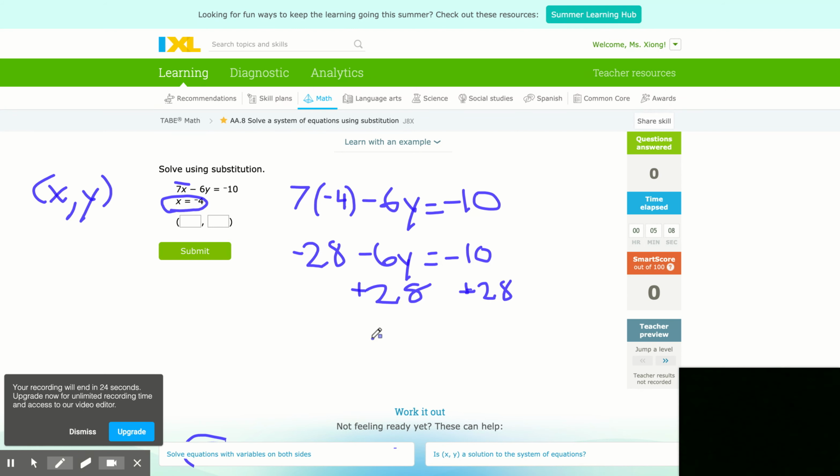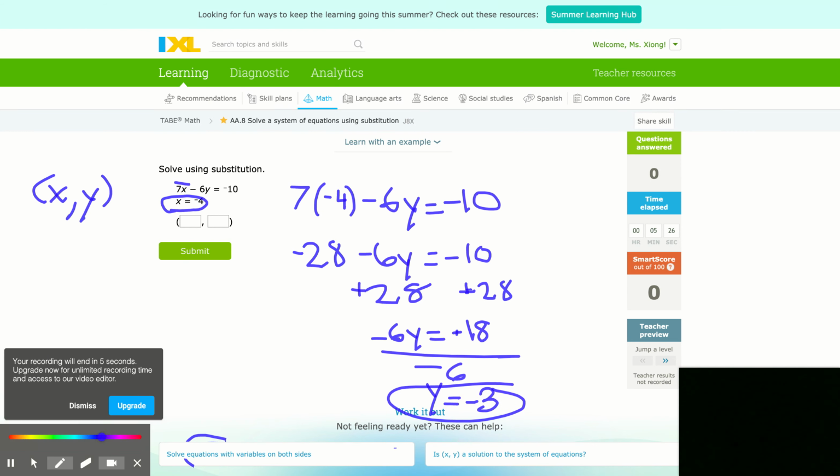So then I get -6y equals 18, because we added the 28. And then I divide by the -6, so y equals -3. And I already know that x equals -4, so my answer has to be